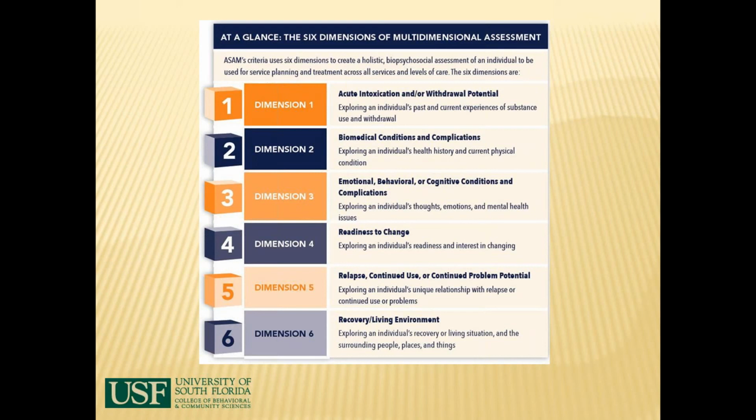But in some cases, they've already been doing outpatient treatment, and you can use that to justify the need for residential if they're unsuccessful. Dimension 6 looks at what's their support system like and where are they living. So in their home environment, for example, is there another alcoholic living at home with a strong supply of alcohol available? Do they have friends who do not use and are supportive of their change? Do they have family members who are supportive?